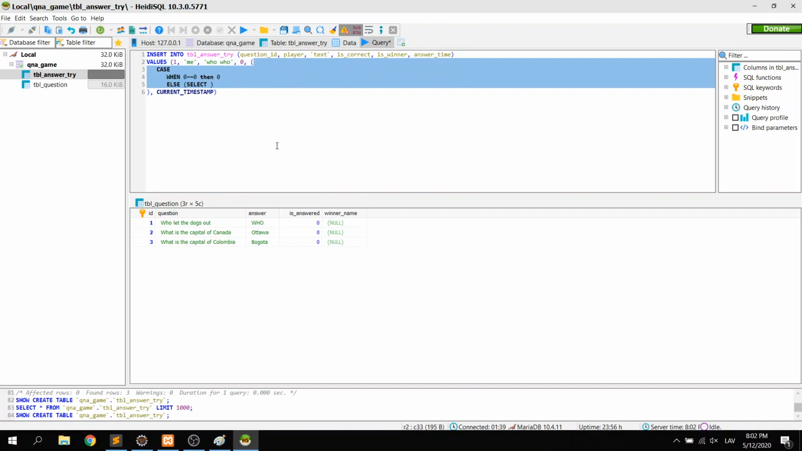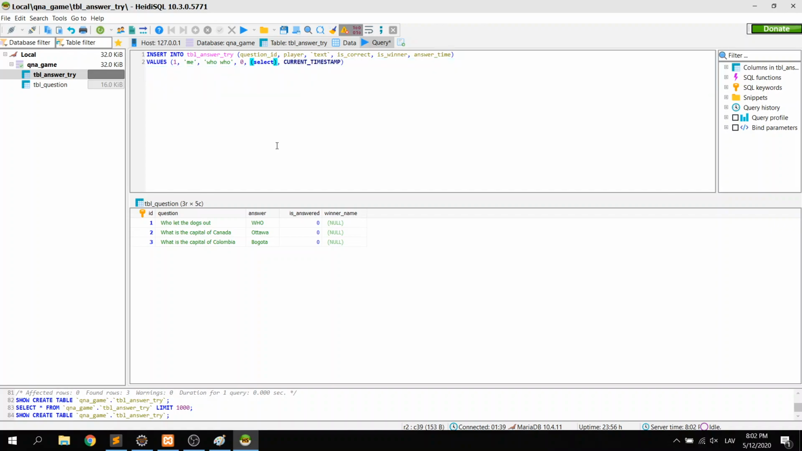So what we need to do is see if this question was answered. So what we need to do is select is_answered from table question where ID equals this question ID that we will pass, number 1. And again, limit 1 because this subquery needs to return 1 element. And if that is equal to 0 and